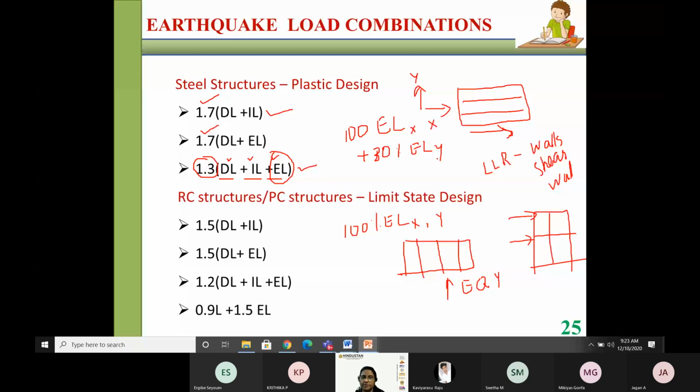Next class when you come with the code, I'll explain that. You can also refer to it; I will project it. In this earthquake load combination itself, we have more than 13 combinations, along with the dead load and live load. All these load combinations have to be analyzed, because you are not going to analyze them manually. Your software is going to analyze them, so the input you have to give is all the load combinations. From those load combinations, the one which gives you the worst condition, or the maximum moment, has to be taken into consideration for the analysis.